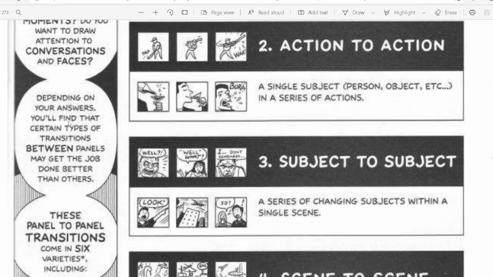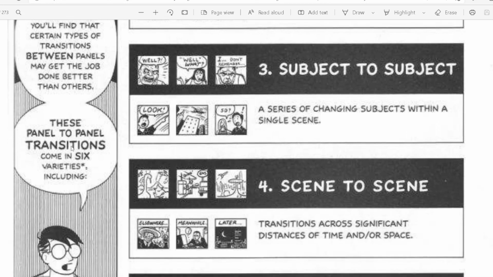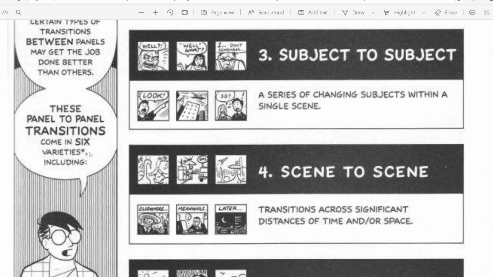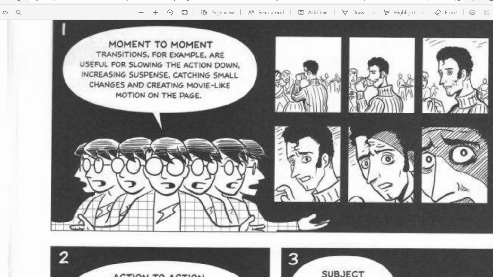Depending on your answers, you will find that certain types of transitions between panels may get the job done better than others. These panel to panel transitions come in 6 varieties, including moment to moment transitions, for example, which are useful for slowing the action down, increasing suspense, catching small changes, and creating movie-like motion on the page.